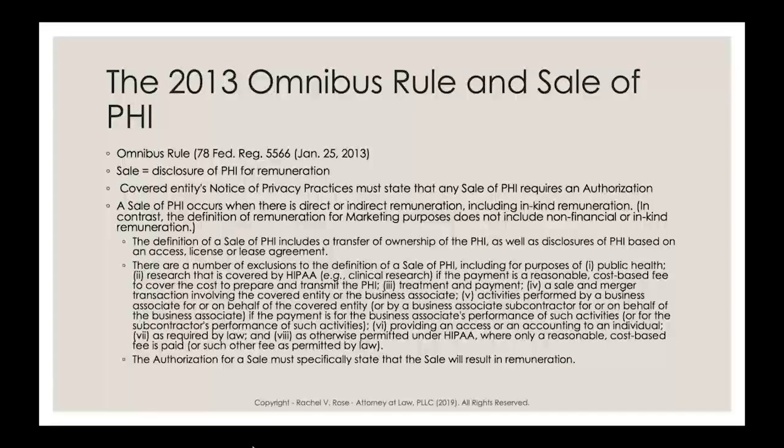There were exceptions, and for those who are familiar, the Omnibus Rule also includes quite a bit of information on the Genetic Information Non-Discrimination Act. I sometimes call it the Non-Disclosure Act, just because it's easier to remember, but that is something that is particularly germane. Another key item in the Omnibus Rule related to an individual's ability to get their lab results directly from a lab instead of having to go to a provider to get it. So those are two key items also associated with the